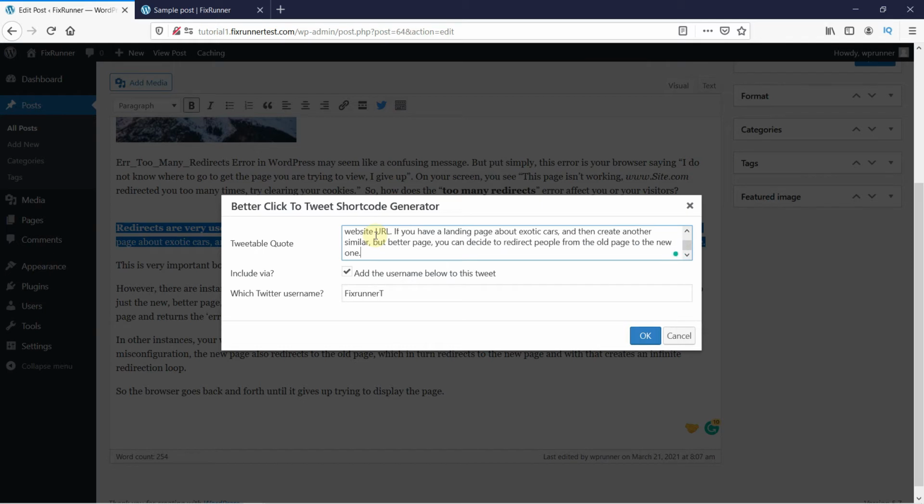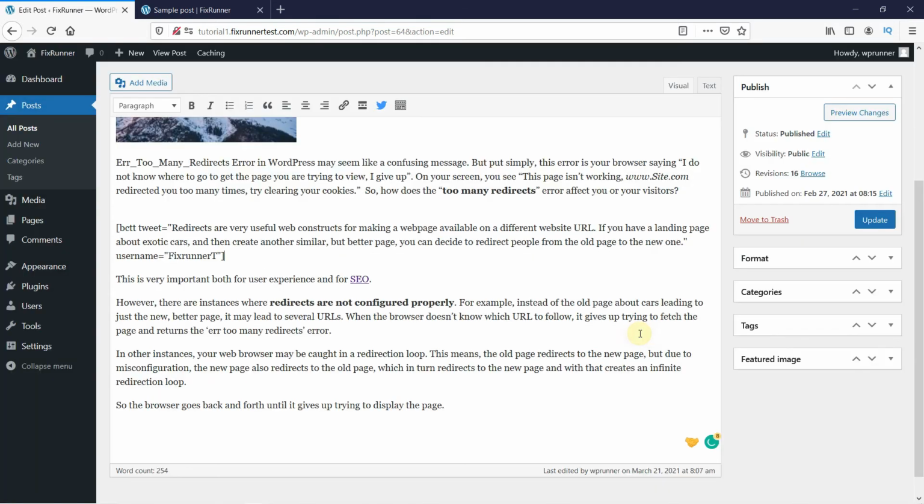Paste the text we just copied here in the tweetable quote. You can choose to add your username below the tweet, and here you can add your Twitter username. Then click on OK, and as you can see, the highlighted part is now enclosed in a shortcode option. Click on Update,